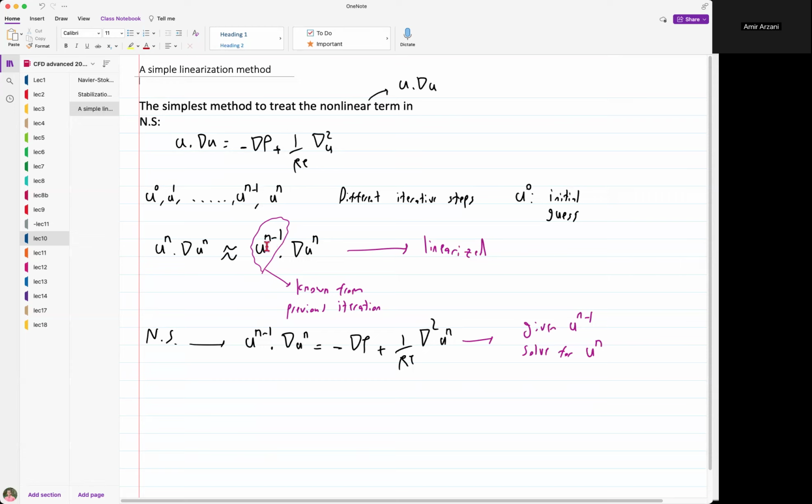So if you make this lag, approximating it by lagging this velocity behind, either to the previous time step or the previous iteration step, then this becomes linear, because now your unknown is only U^n. This becomes similar to the advection term for a mass transfer problem, which is also linear, which we talked about previously. Here U^(n-1) is known from your previous iteration, you solve for U^n, and you can iterate on this until you reach convergence. This is the simplest method